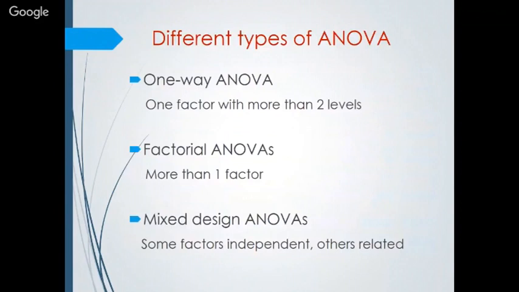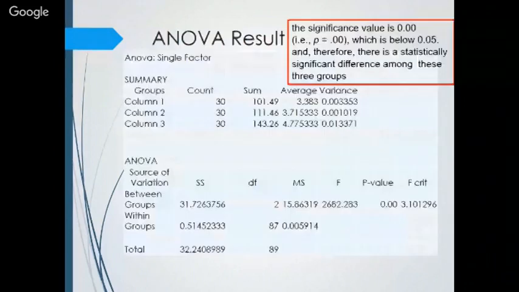The F critical value is also there. That is also the table value. We have to collect it from the table for that purpose only. But we are directly getting the P value, so there is no need to go for that.